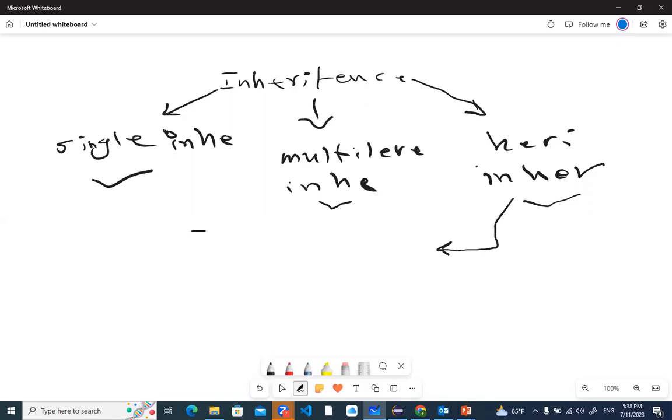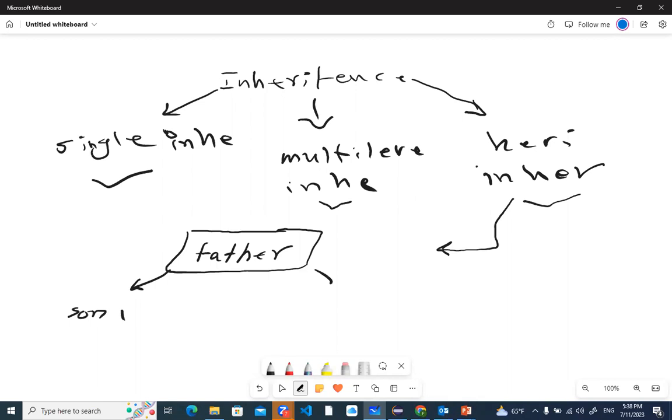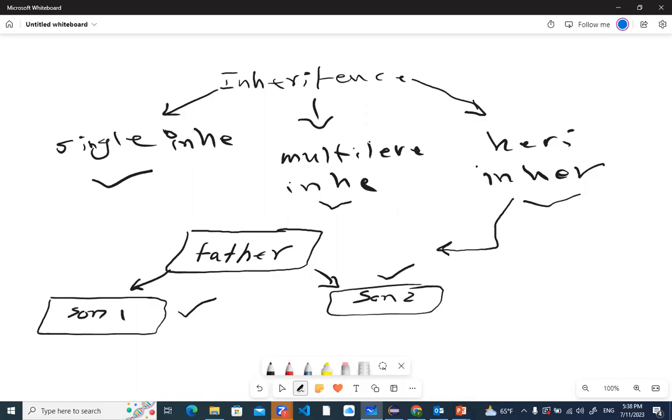For example, we have one class, suppose a father. Father has two sons, son 1 and son 2. Both sons occupy the properties of their father, meaning both sons can take whatever properties and behavior are present inside their father, and occupy their data. As a point of OOPs,